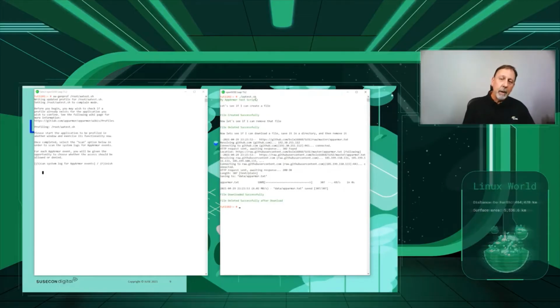So I've executed my application, and then I come back, and the AppArmor wizard, aa-genprof, is telling me that I can hit S to scan the system log for all those AppArmor events, all the activities of my application, or I can hit F to finish if I've already done that and exit the wizard. Well, I want to hit S for scan,